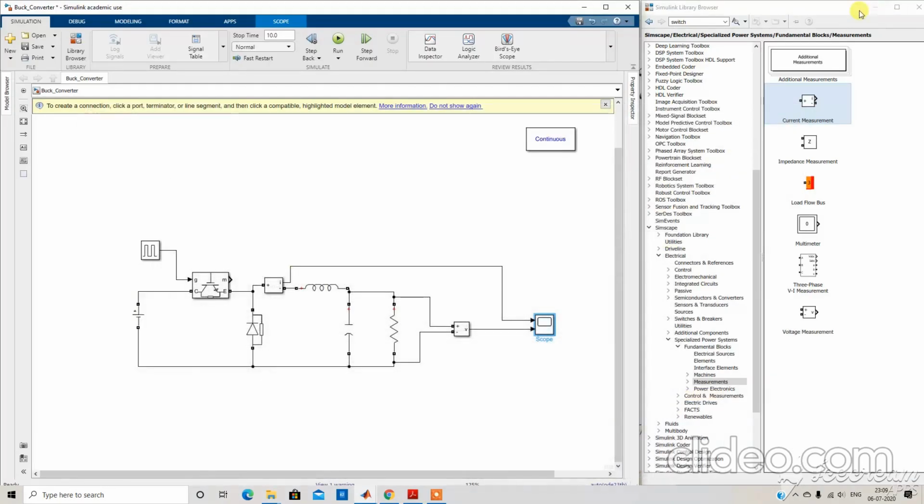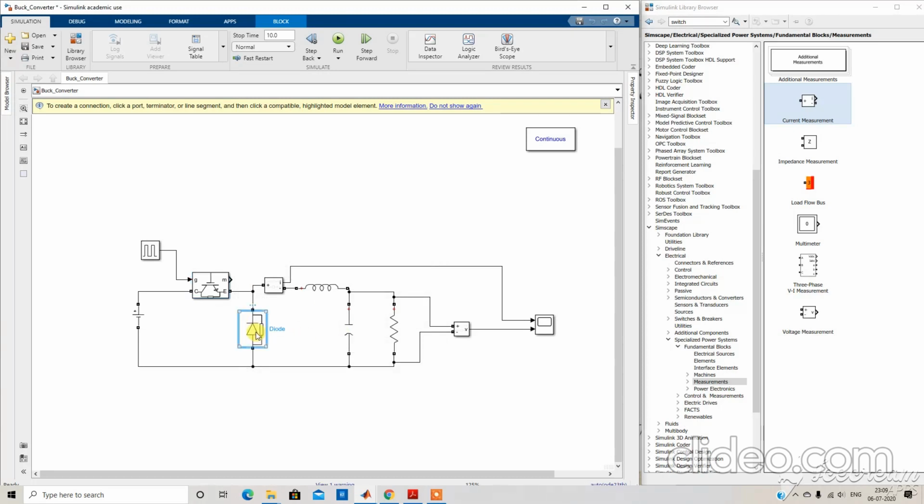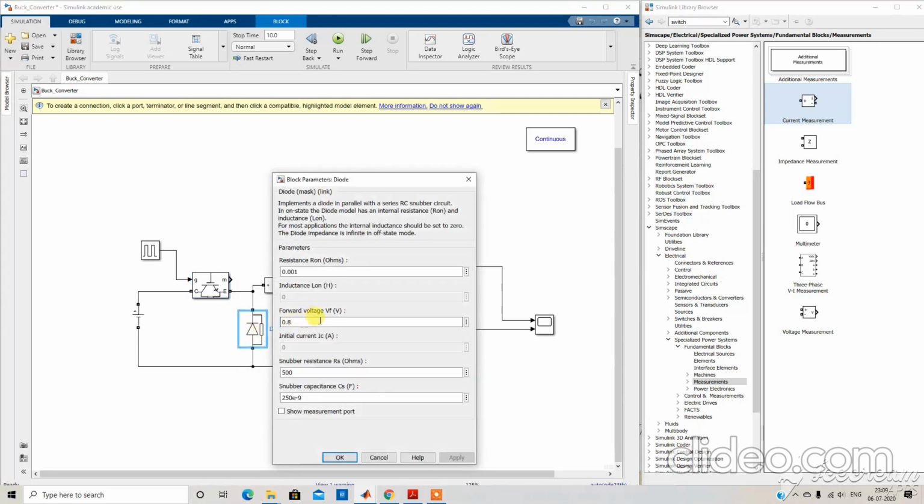This is because in the analysis we consider ideal components, but in simulation this switch has some forward voltage drop, Vf equal to 1 volt. We make that equal to 0. The diode also has a forward voltage drop, that is 0.8 volt, and we make that also 0.